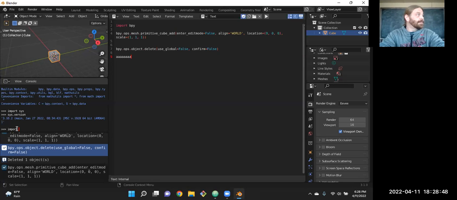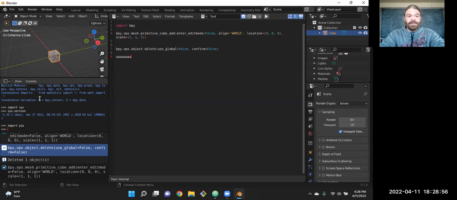So if you wanted, I don't know, what's a good one? TQDM, you'd have to import pip and use pip as a module here. So like pip install, which gives us a warning message, and you could actually use pip directly here, or there's a couple other ways to do that, but it gives a big warning message that says don't use pip like a module if we do it that way. So I probably shouldn't show that in class. But we can add the libraries here, or really that's a copy and paste.